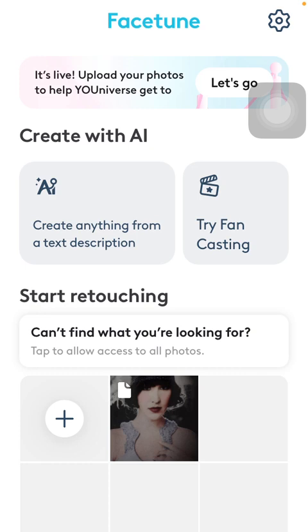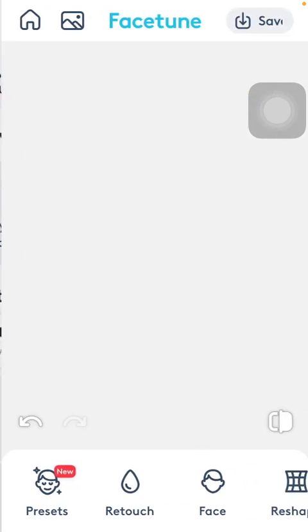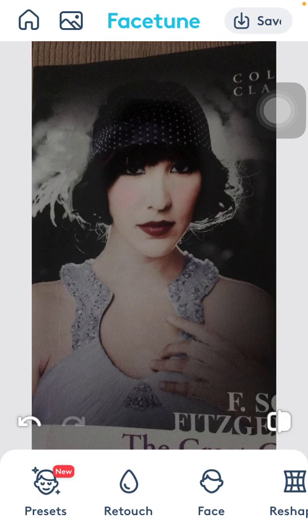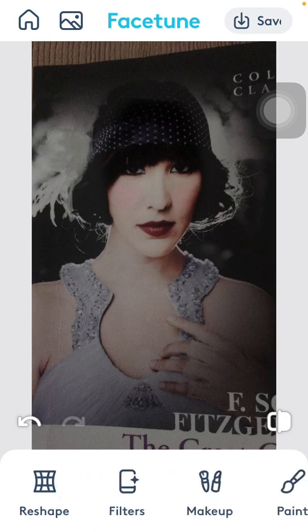First of all, open the application on your phone and then tap on a picture that you want to edit. From your home screen you can select it. Tap on it, and after that you should slide to the right side of the screen until you find this